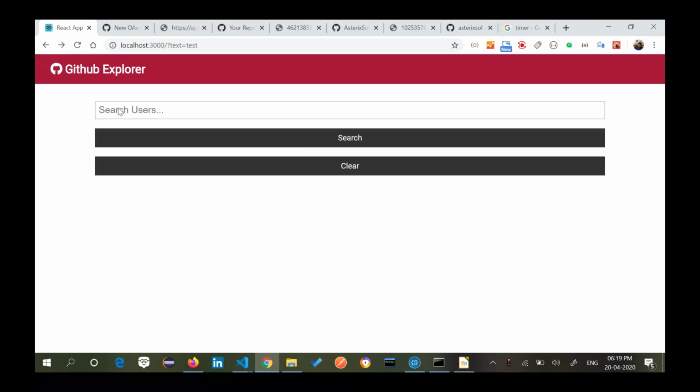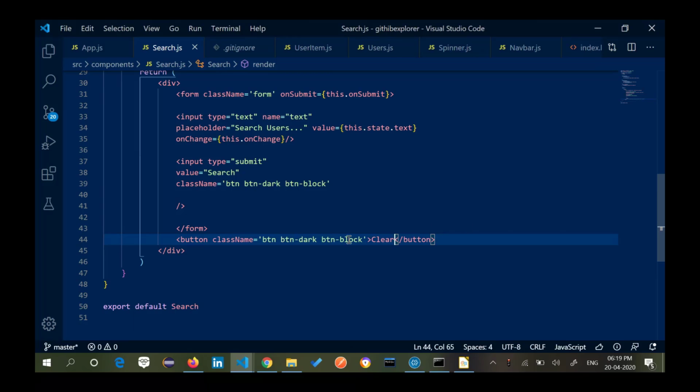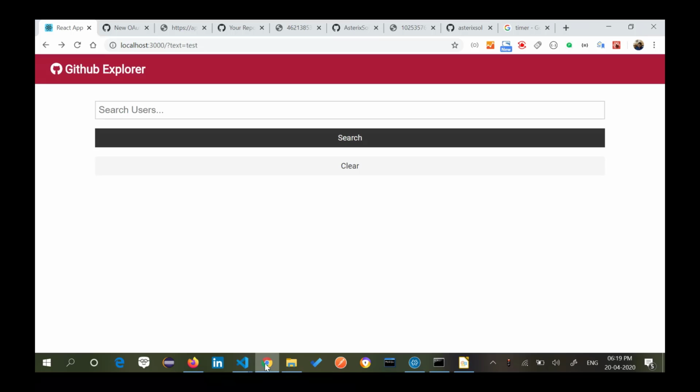So if you see the screen now, we have got a search and we have got a clear. This is not creating the good contrast I wanted. Let us shift dark to light and see how it looks. Yeah, this looks good.